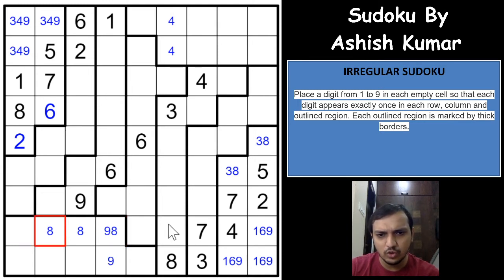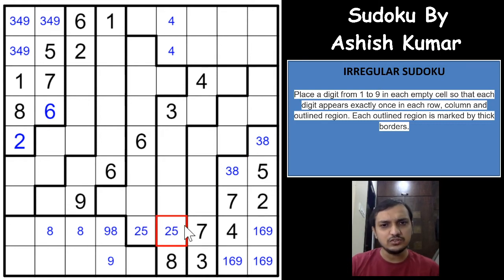If you see the last 2 columns, there are 5 digits that are going outside and 5 digits that are coming inside. Leaving this region, if you see the last 2 columns, there are 5 digits going outside: 3, 8, 2, 5, 7, and there are digits coming inside, which are 7, 3, 8. So these 2 digits have to be 2 and 5. That is what the in-out rule says. Same way, in the first 2 rows, the 5 digits are 1, 8, 2, 6, 7, and the 3 digits that have already come inside are 1, 2, 6. So these 2 digits will have to be 7 and 8.